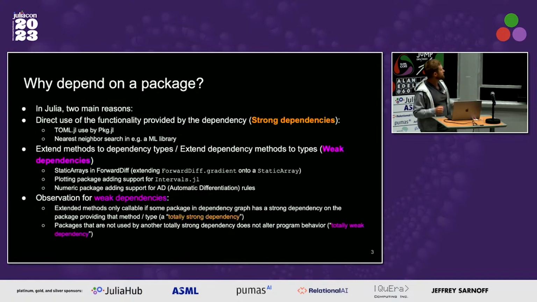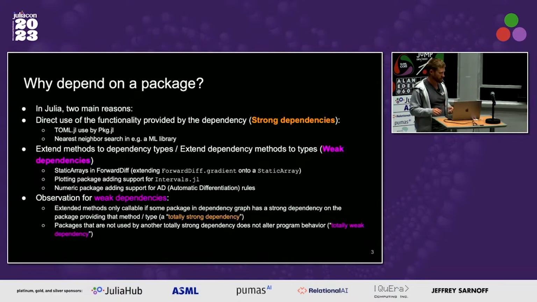So why do we depend on a package at all? I would say in Julia there are two main reasons. The first one is you want to directly use the functionality of the dependency, and this is what I call a strong dependency. As an example, the package manager directly uses the TOML library to write out the TOML files. The package manager wouldn't work without the TOML library. It's a crucial thing to be there. You could have a nearest neighbor search in some kind of machine learning library. So that's one